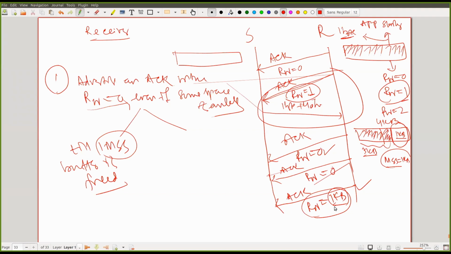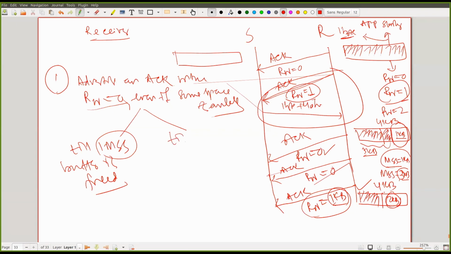Now let's say my MSS is 3 KB. Another scenario I'm giving. So my MSS is not 1 KB, my MSS is 3 KB, and my buffer is 4 KB. Now let's say out of 4 KB, 2 KB of data is packed and 2 KB becomes free, though my MSS is not reached. My MSS is 3 KB, but my available space is 2 KB. So in this scenario also, I am able to send the actual ACK.